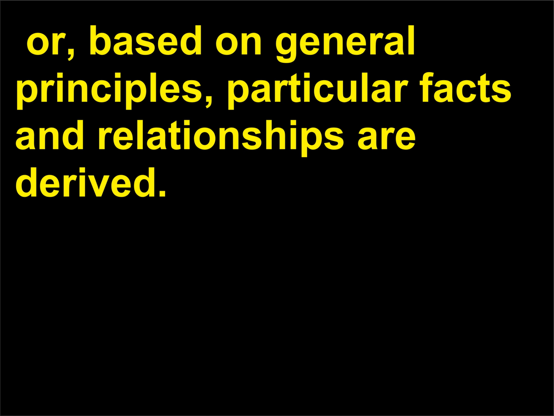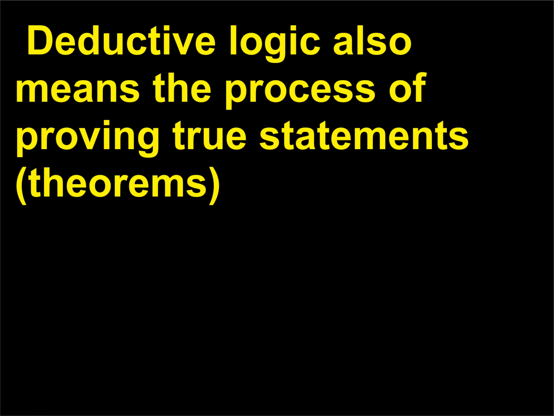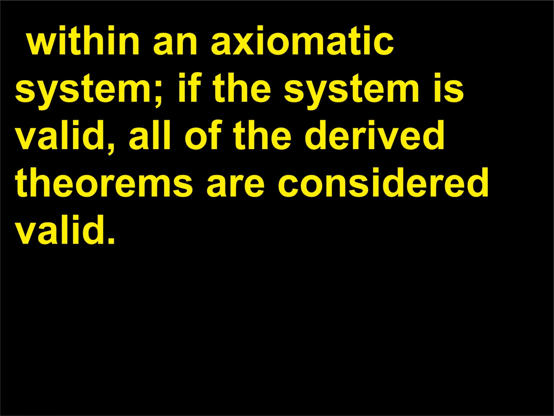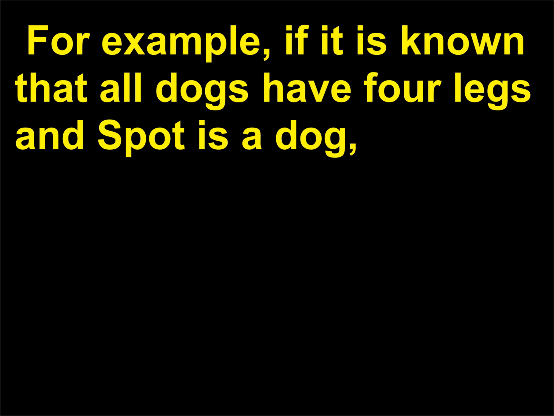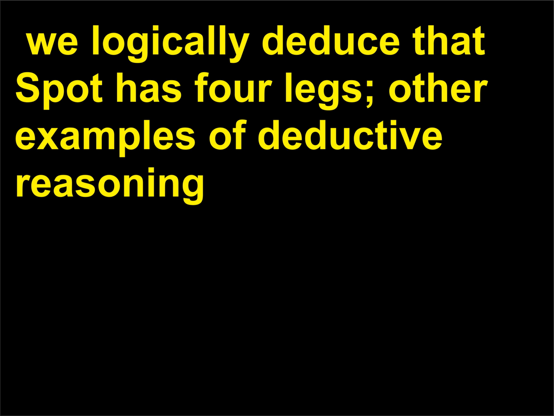or, based on general principles, particular facts and relationships are derived. Deductive logic also means the process of proving true statements, theorems. Within an axiomatic system, if the system is valid, all of the derived theorems are considered valid. For example, if it is known that all dogs have 4 legs and Spot is a dog, we logically deduce that Spot has 4 legs. Other examples of deductive reasoning